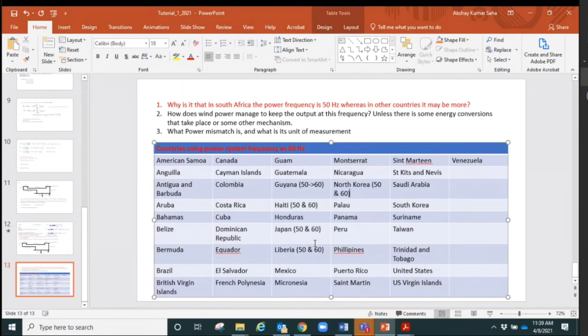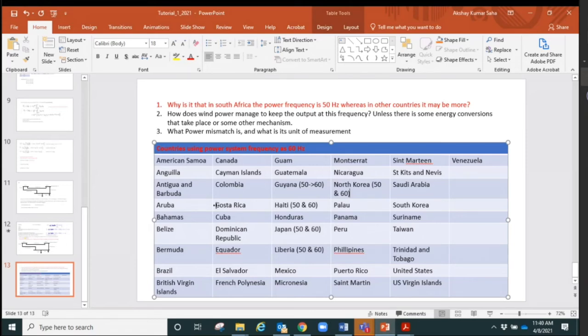Now, when they make the choice, it is the engineers, and also where they are buying the generators, turbines, and things like that. So if I go to UK, Newcastle upon Tyne, and if I order my turbine generator set from them, they will normally give me 50 Hz because that's what they're producing. But they also can make it 60 Hz if I want to make my system 60 Hz. So we choose actually at what frequency we are going to operate. But again,